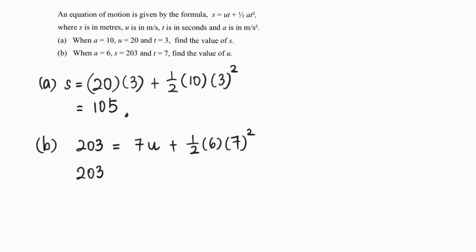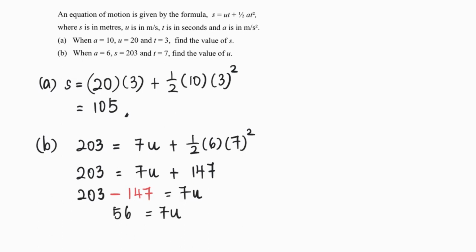So we will have 203 equals to 7U plus 147. And I'm going to minus 147 on both sides, so that we would have left with 7U on the right hand side only. This will be 56 equals to 7U, and therefore I'm going to divide by 7 on both sides